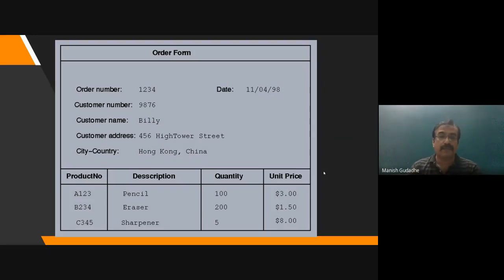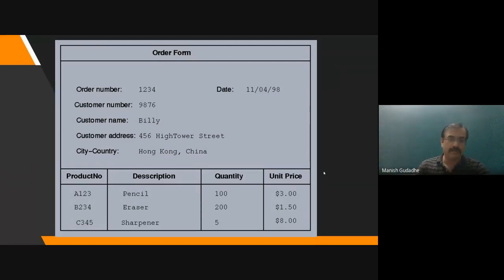I need to find out what possible tables are needed. Do I need a single table or different tables, with order number, customer name, customer address, city, country, and date?